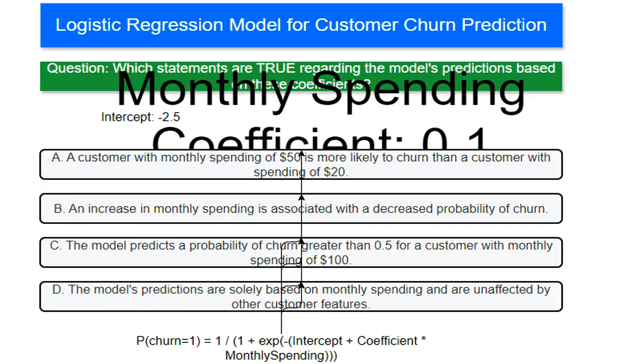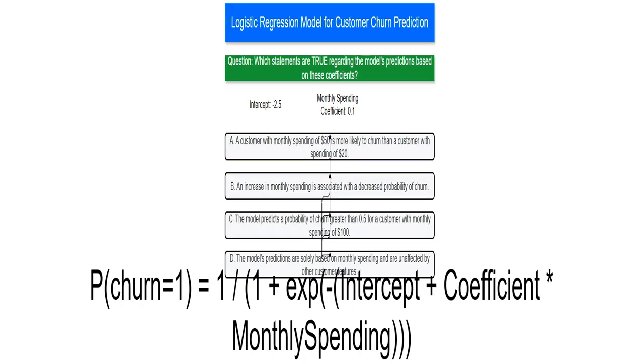This is the coefficient for monthly spending. It tells me how much the log odds of churning change for every $1 increase in monthly spending. A positive coefficient means more spending is linked to a higher chance of churning. This is the logistic regression equation. Let's break it down. We take the intercept, -2.5, add the coefficient, 0.1, times the monthly spending, then stick it